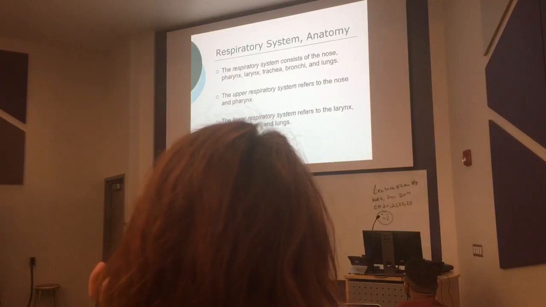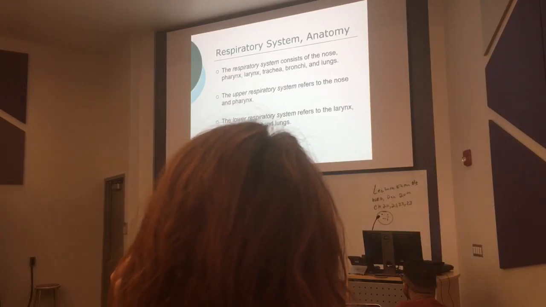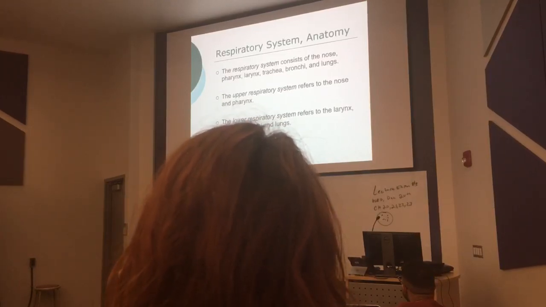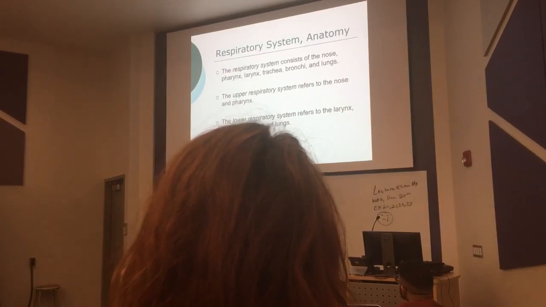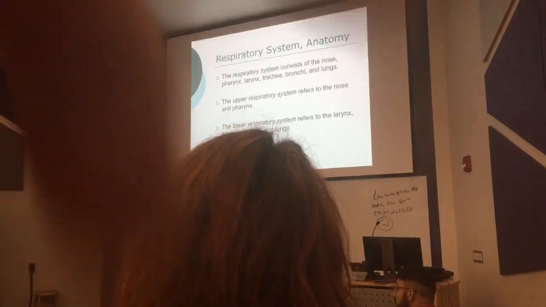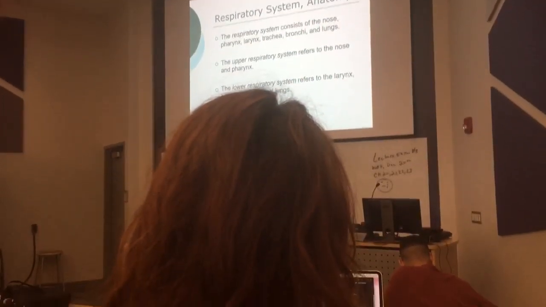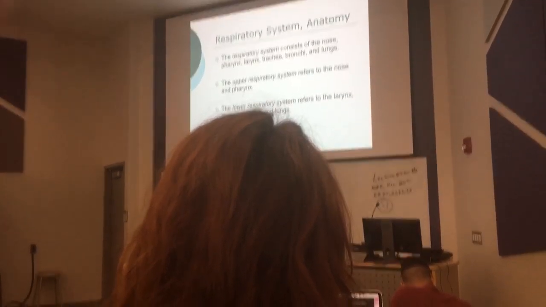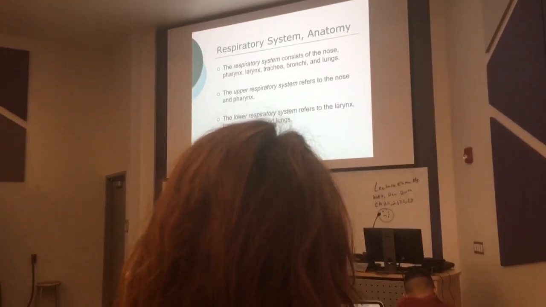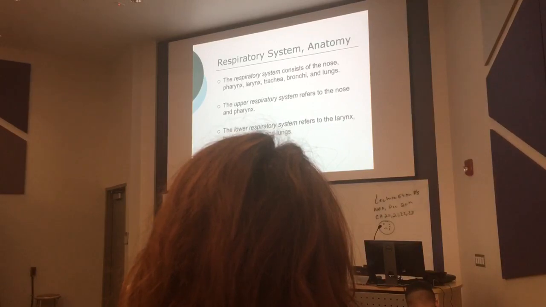The respiratory system consists of the nose. You breathe through your nose, and you can breathe through your mouth too. Then the air goes into the throat. The throat is called the pharynx. You have 3 parts: nasopharynx, oropharynx, and laryngopharynx. Know that the throat is the pharynx, that's important, and know that the larynx is the voice box, for the test.